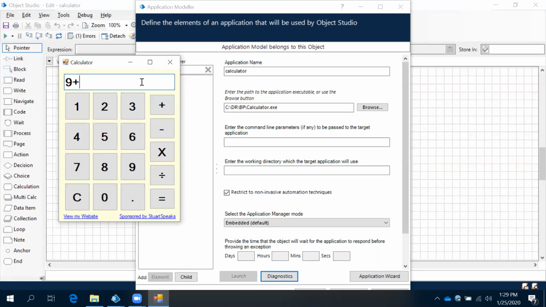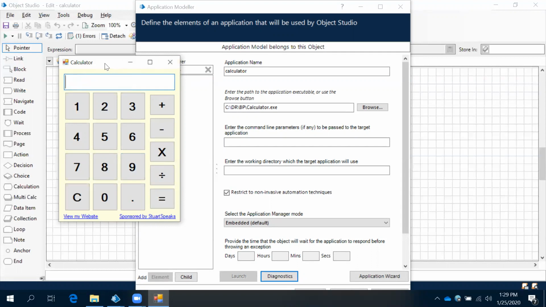So our requirement here is we need to click on 9 and then plus and then click on 5. After that, we need to click on equal and then we need to capture this result. This is what we need to implement using Blue Prism. For this, how many actions are we performing? Let's observe this.